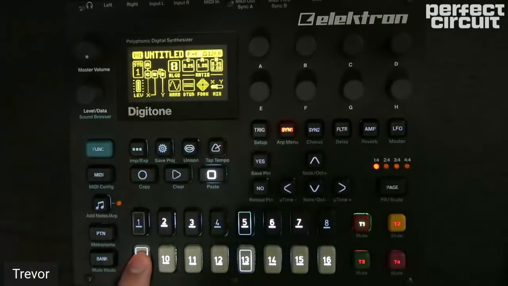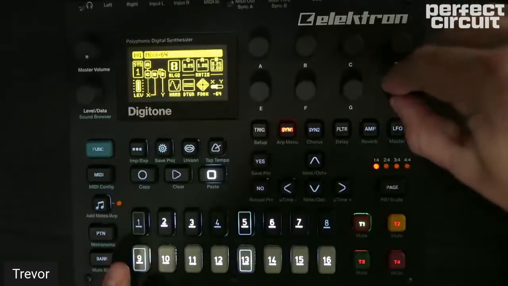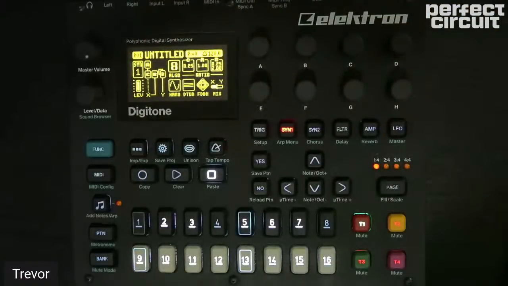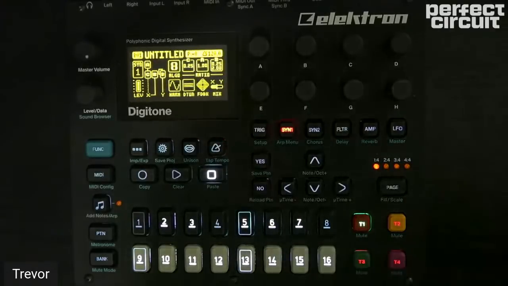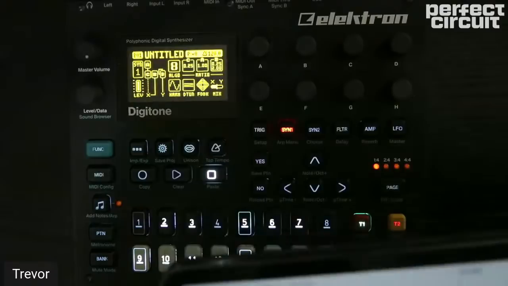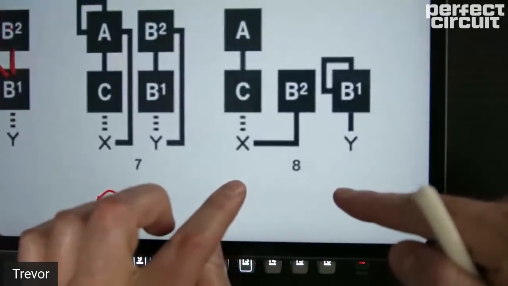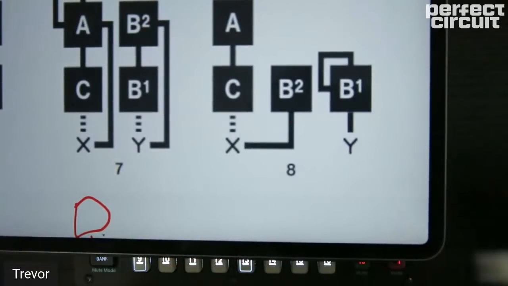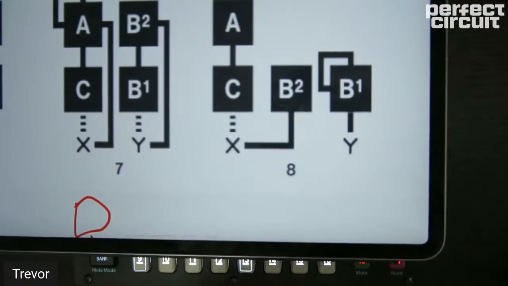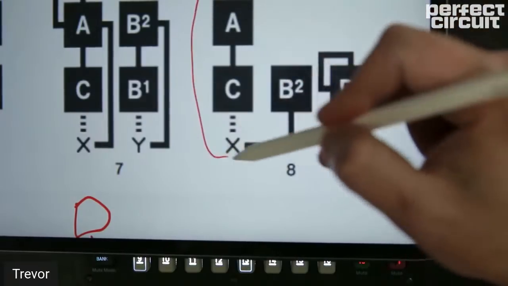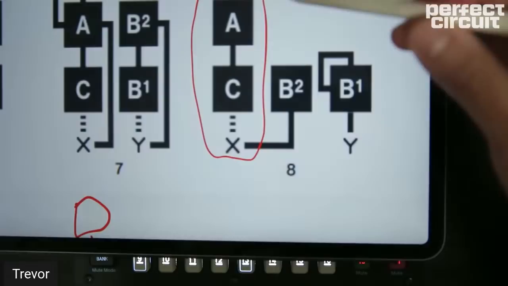So yeah, on the left side, I used, okay, so this algorithm. Let me show it on the iPad so it's easier to see. It's algorithm 8 on the Digitone, and I think I just took a preset kick drum patch that sounded really good and tweaked it so that I could make a snare. So this is the main one making the kick drum sound,